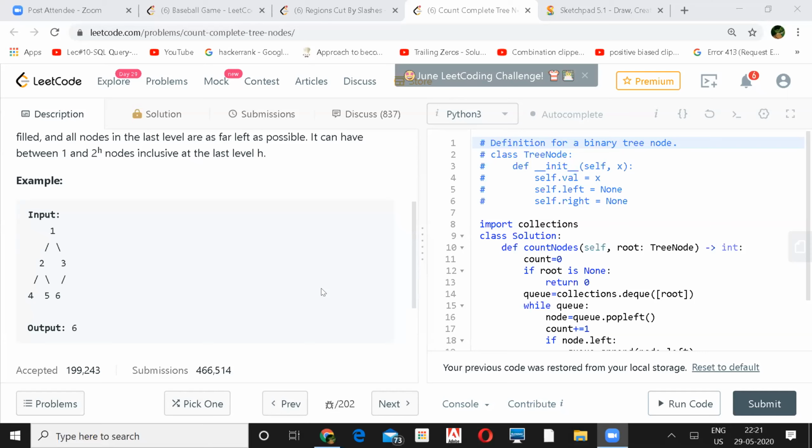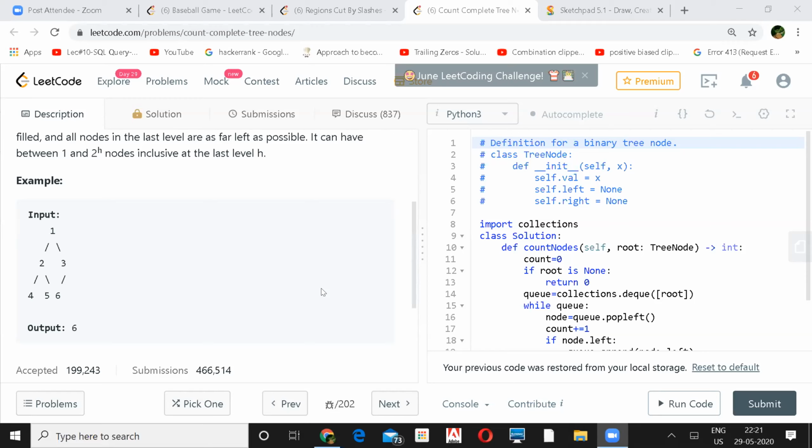then it means all nodes are present, that the left subtree is complete, meaning all the nodes have 2 children. It's not just left to right. So there is a formula for that, 2 to the power of the left height. If the left and right heights are equal, then we just need to recursively call on the right part, because on the left part we know it's a complete thing.